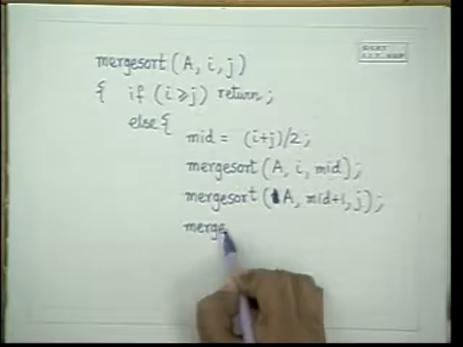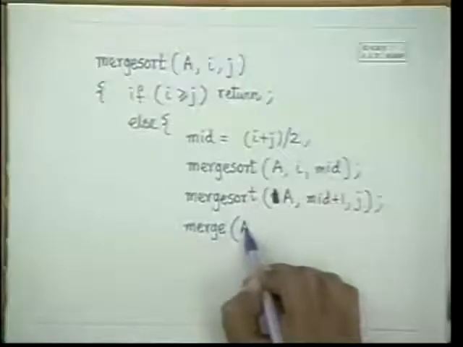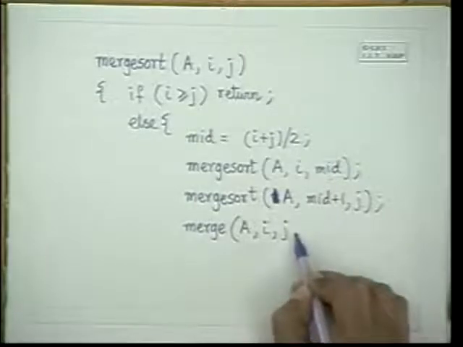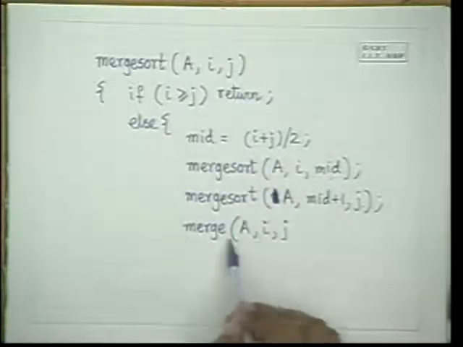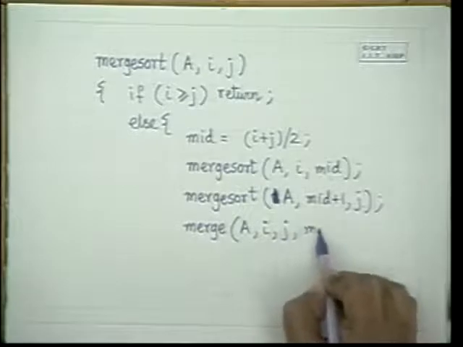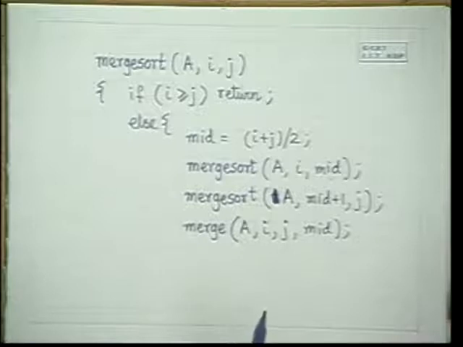And then all we are left is to call the merge routine. The merge routine will again take the whole list and the position where it was split up, or the two different lists. To pass the two different lists, what we have to pass? We have to pass the array A, we have to pass I, we have to pass J, and we may pass mid. But if we know that we are going to calculate the middle element, we can compute mid in the merge routine also. So either we pass mid here, or we compute mid in the merge routine and do not pass it here.